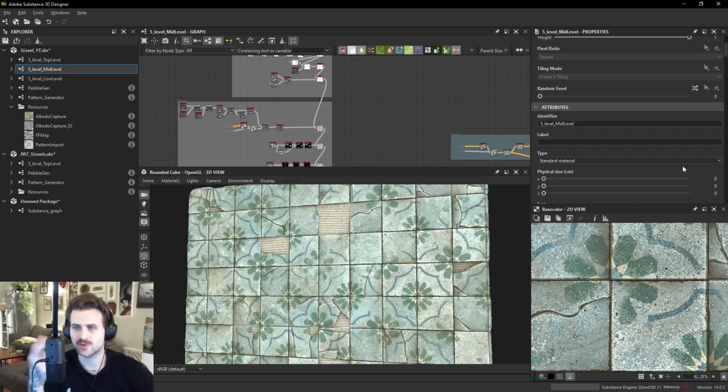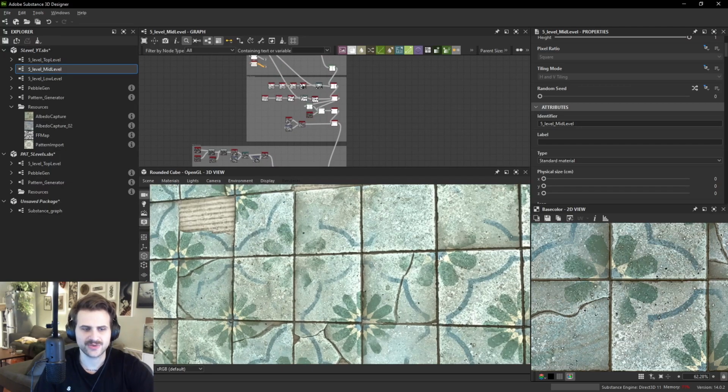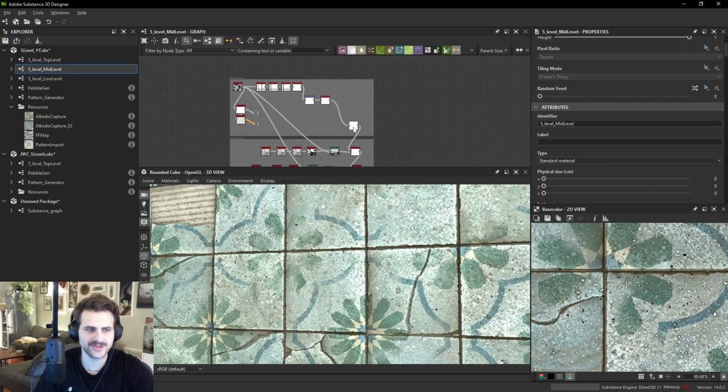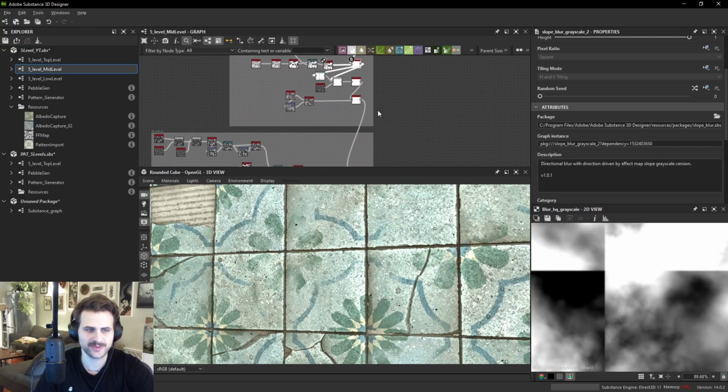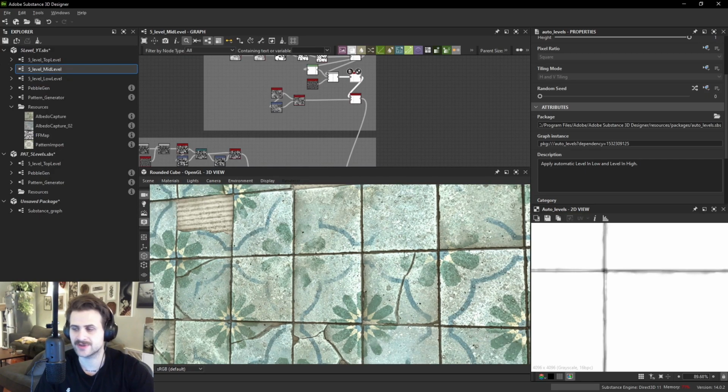I still think that there's an over-reliance on small and big details and ignoring that middle frequency of scale and frequency. It's still not there, really. But there's a lot more deliberate decision-making being made, right? You still get this feeling that the noises are fairly stacked on top of one another. And I can kind of see the individual noises in layers, right? They're not integrated as well as they possibly could be, but it's a lot better than the previous one